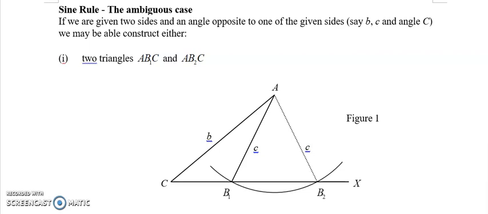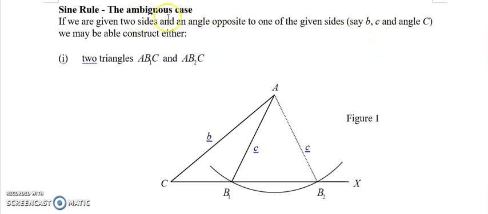Okay, the ambiguous case of the sine rule will occur in questions that, number one, don't provide you with a diagram of the triangle. And number two, for a very specific, definite case of an ambiguous case, it will occur when you have no diagram, and then they give you